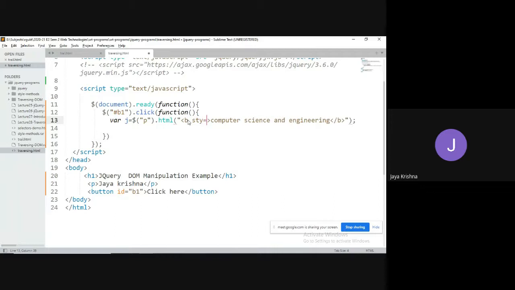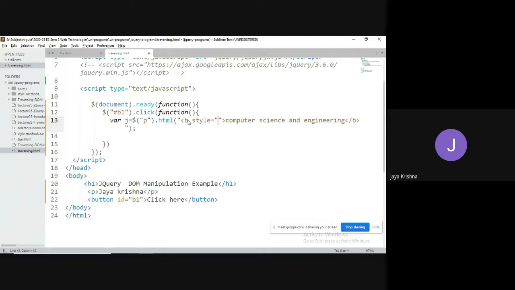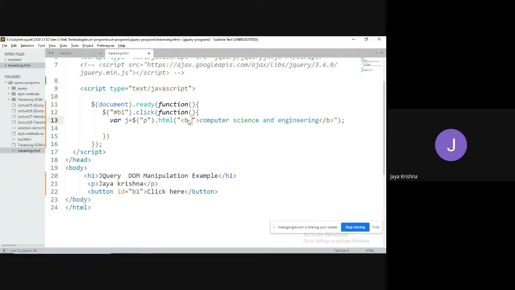Style. And so you can practice all this. You can practice all this. Yes. Similarly,